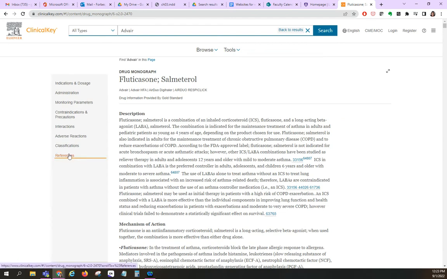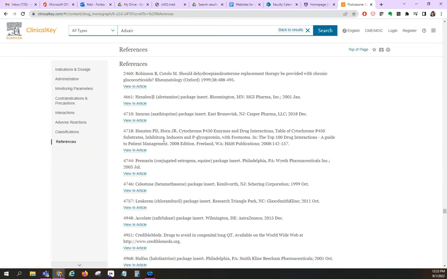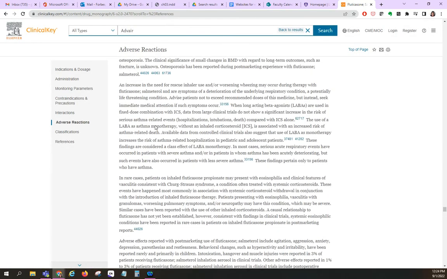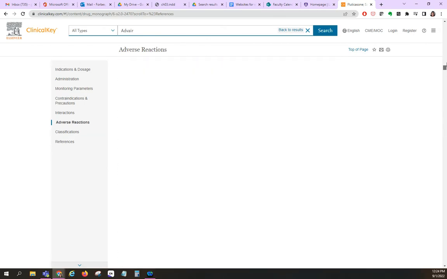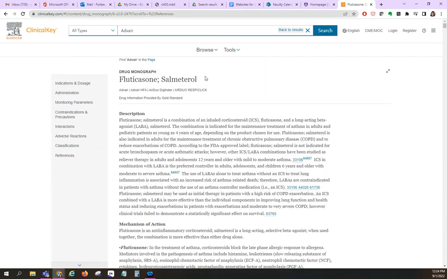The references are at the very bottom. If you went to the reference, it would take you directly to the articles used to help create this information within this drug encyclopedia. This information is coming from Gold Standard. That's where they're getting this information from. Right underneath